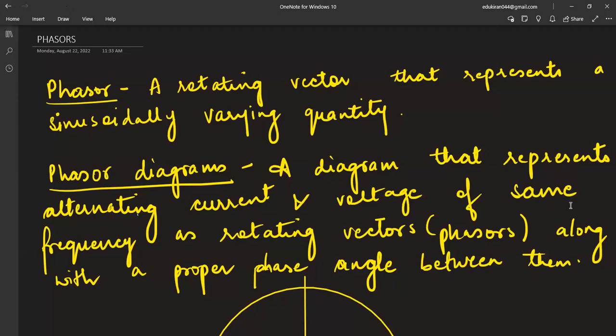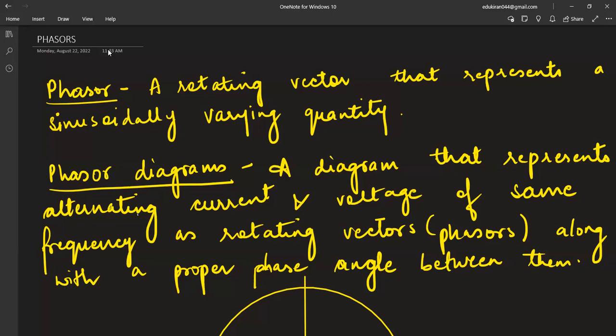Yes, class. Now see, next topic is phasors. Phasor is basically a rotating vector that represents a sinusoidally varying quantity. This means what is the variable sinusoidal quantity that we are having? It's actually the EMF's value, correct? Value of EMF and value of the current. These are only variable, right? So phasor is basically